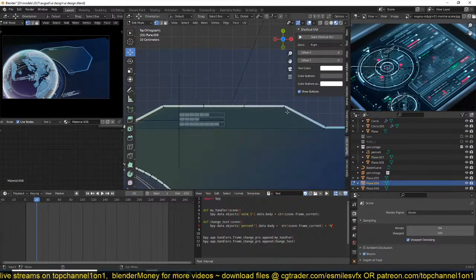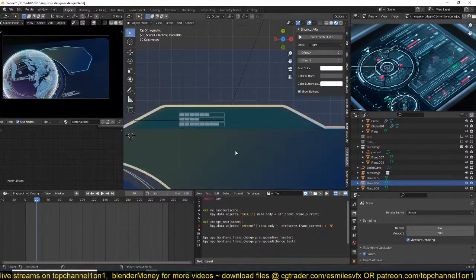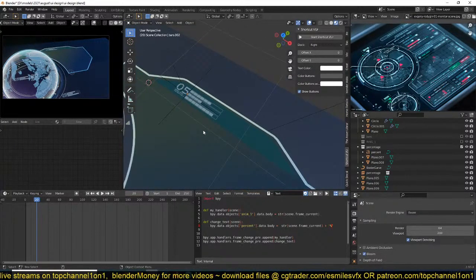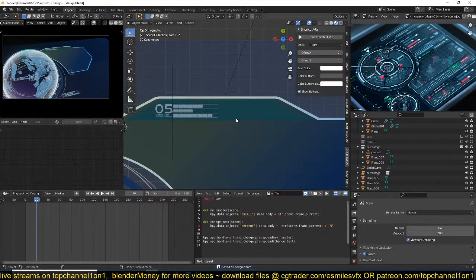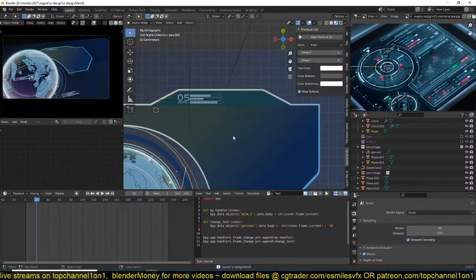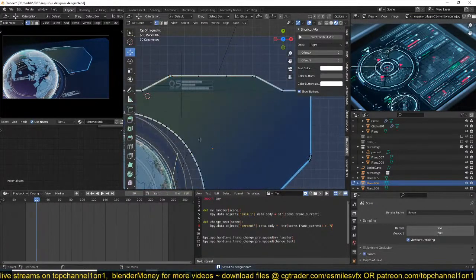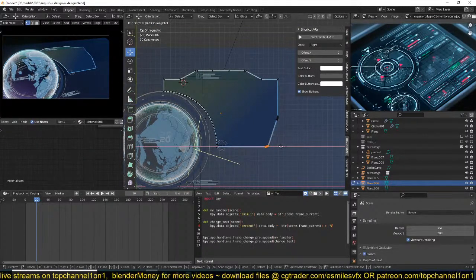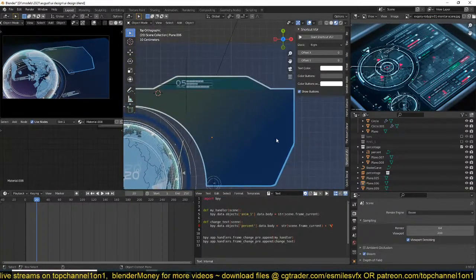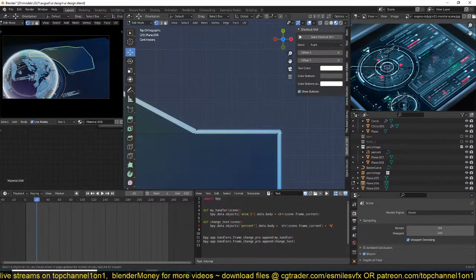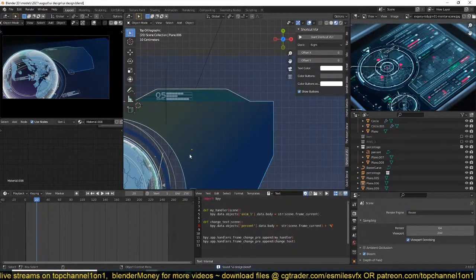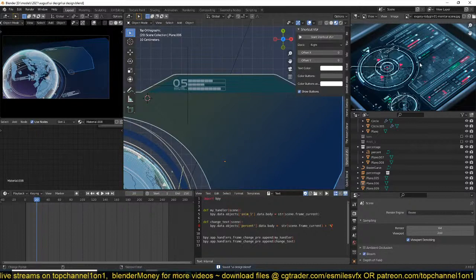make it a bit rounded. Make these also a bit rounded like that. And can just do something like this. And I think this line is a bit too thick, so I'm just going to make it a little bit thin to have something like that. And I want these things here,